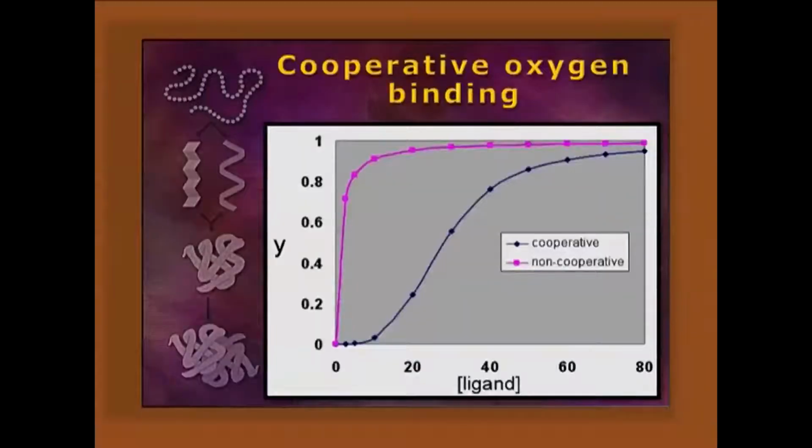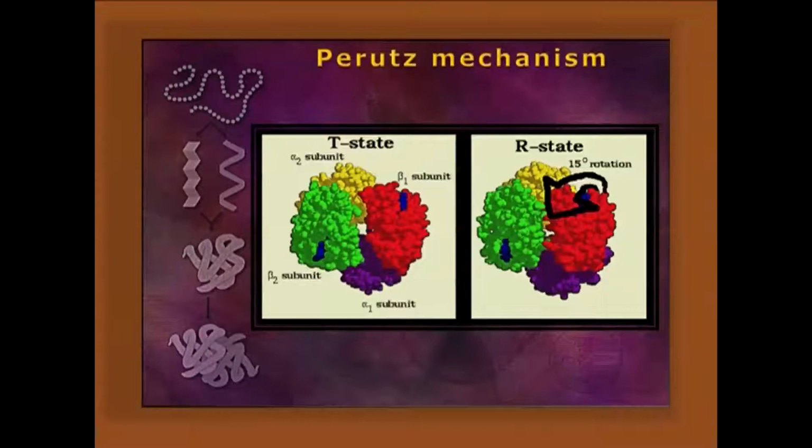Cooperative oxygen binding. So, allosteric regulation obeys what? The Adair equation. Not only that, as more than one subunit is present to achieve oxygen binding, it follows cooperative, sigmoidal kinetics. And we also find that the communication between the conformational changes of all the subunits follows the Perutz mechanism. What is the Perutz mechanism?